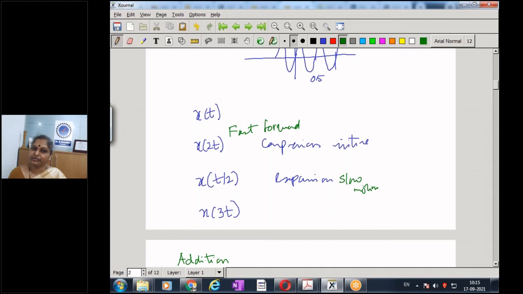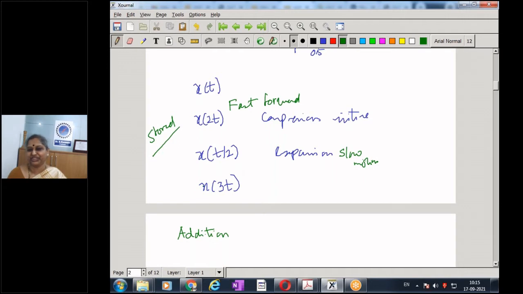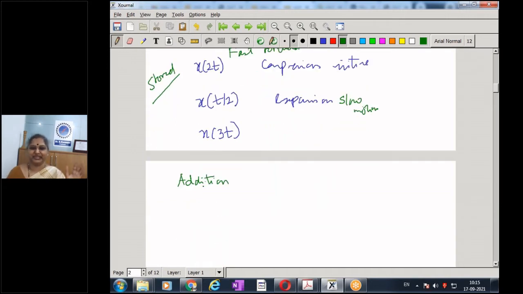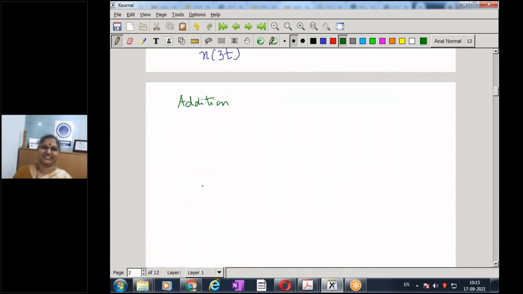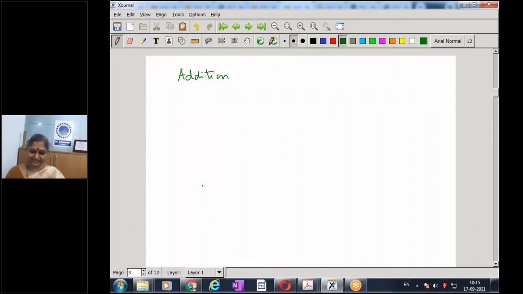All these are possible only when we have stored the signal. That is very important. If I have taken a signal and stored it in some medium, then I can fast forward, I can expand, and so on. Otherwise, time is so unique that it is constant for everyone and cannot be changed. Let's not speak about time motion and all that, but take a simple real situation. Fast forward and slow motion are examples of time expansion or compression.